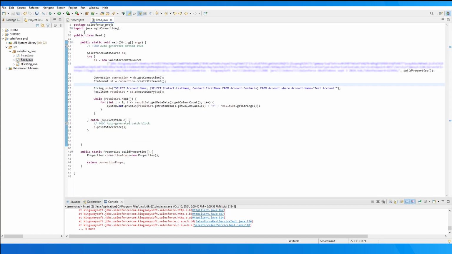In our other class file, we read from our Salesforce instance, and just as before, we'll be working with the same connection string that we copied before. For select queries, we currently only support working with SOQL. On line 23, we retrieve the name field from account. We also have a subquery to get the first and last name fields from contact records related to the account. The where clause is used for filtering to include only account records where the name field matches our hard-coded string. The records are stored in a result set, and the records may be read later in the code.